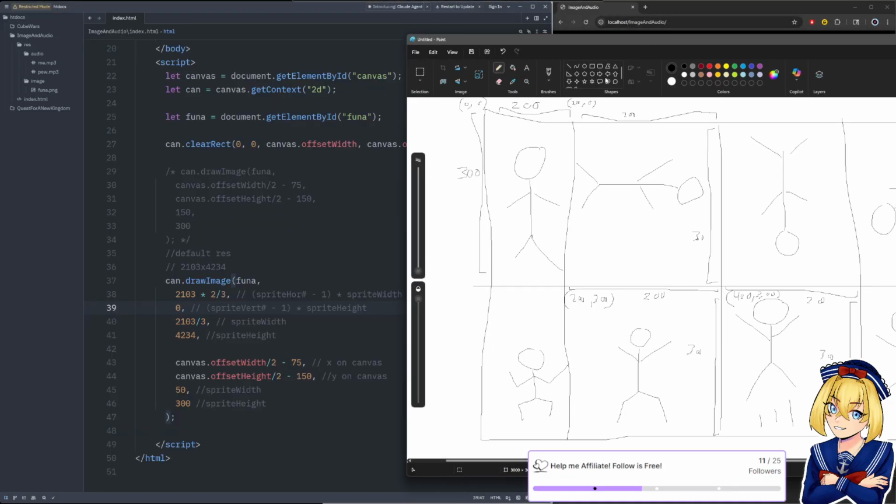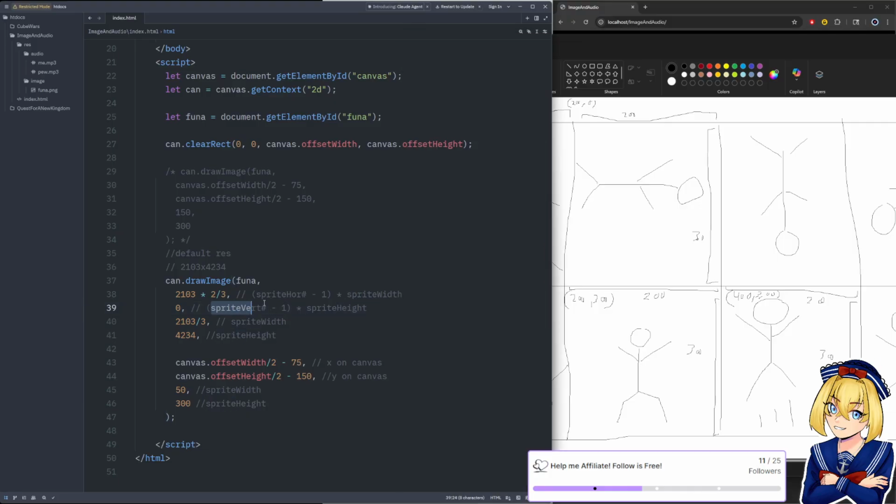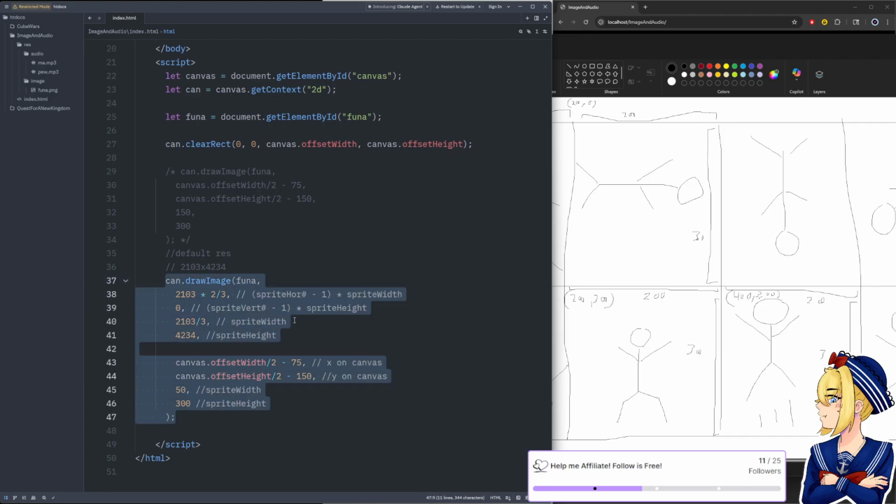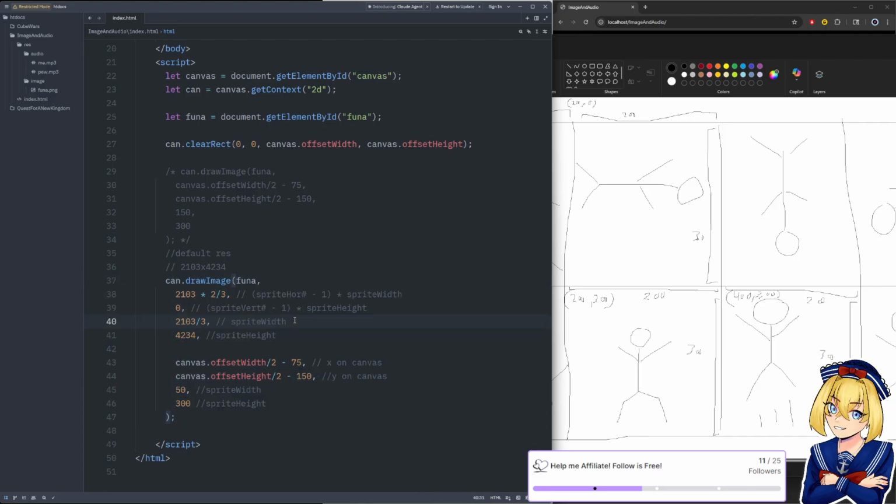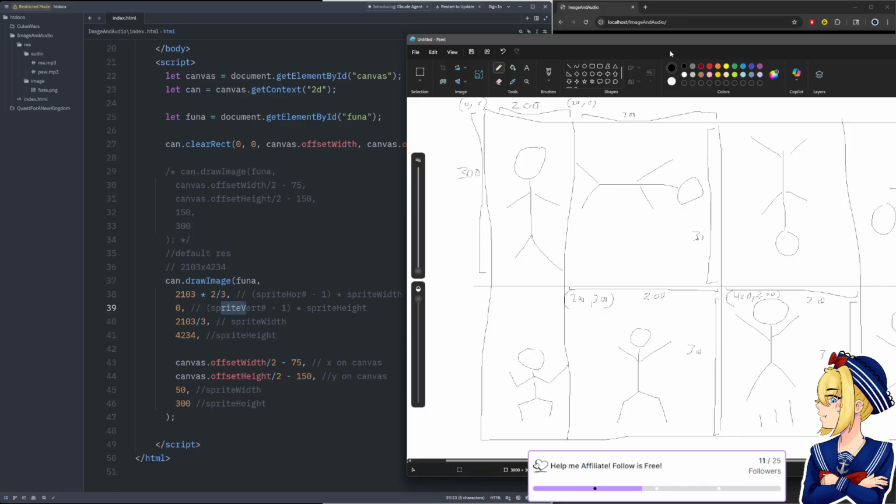Then you could skip through the sprite sheet as you desire just by changing this sprite vertical and sprite horizontal. So you could have the same draw function, which draws the same image at the same location, but then you're just changing these variables in your update loop or something to change which sprite is being displayed.